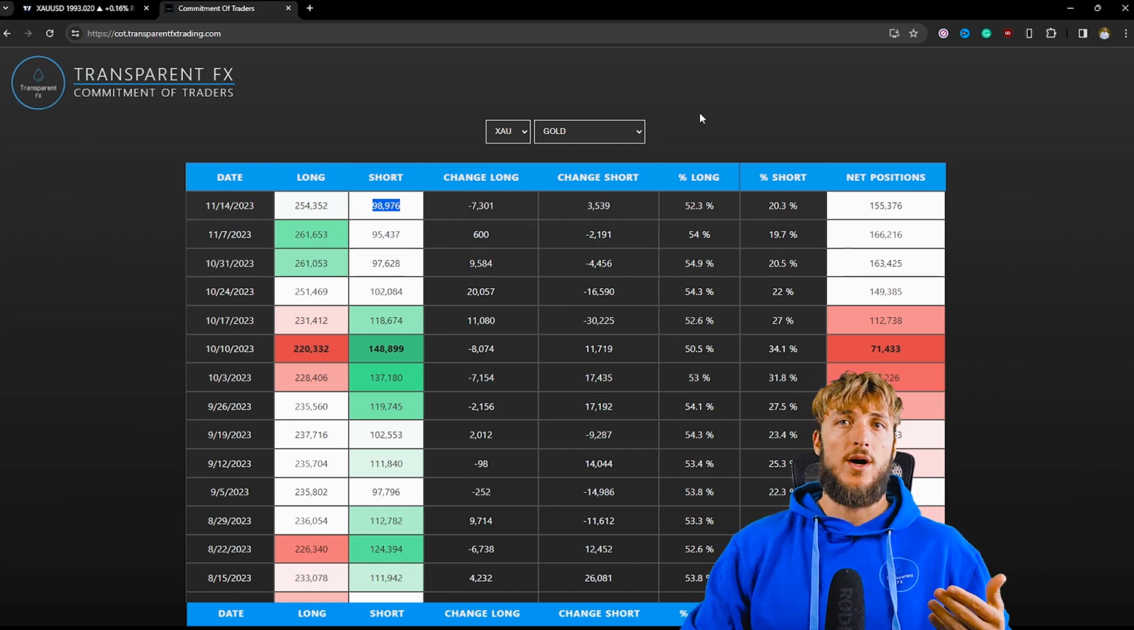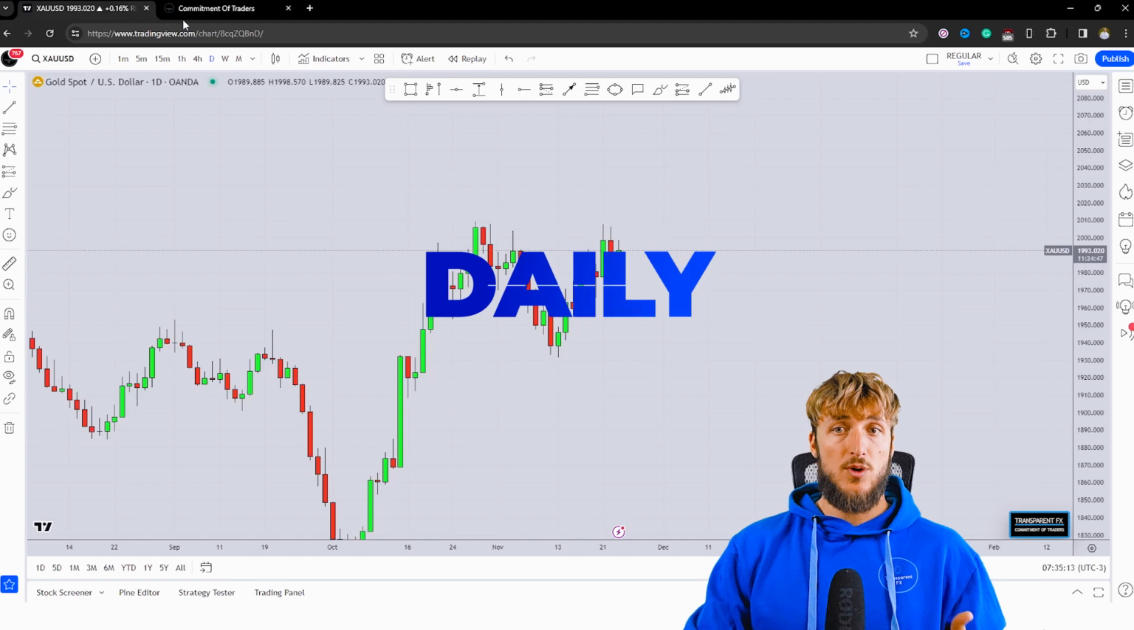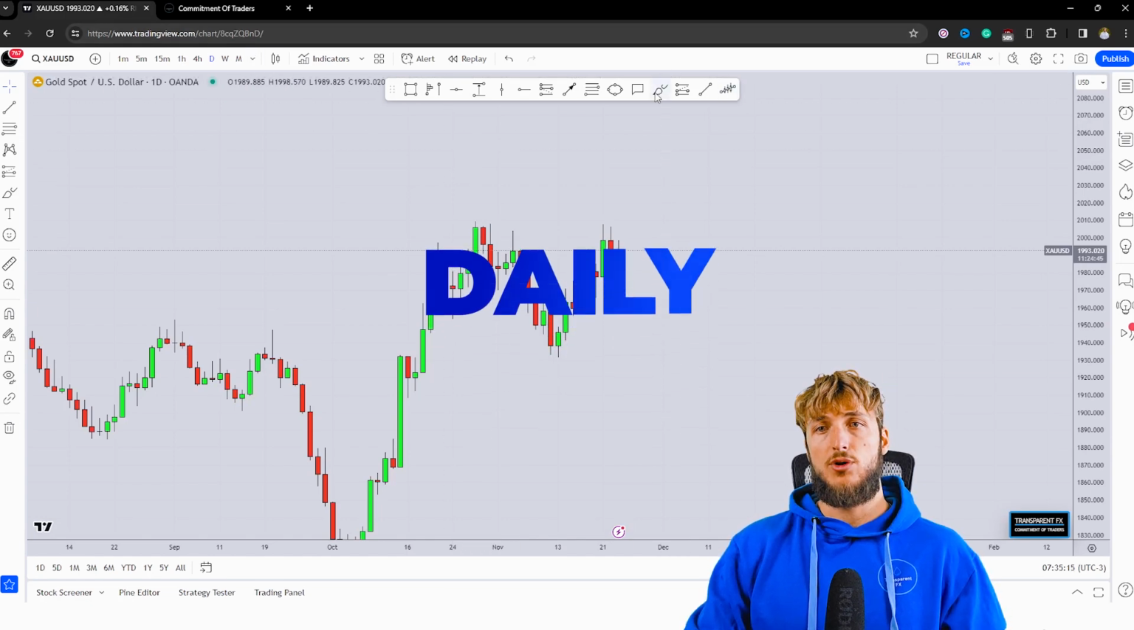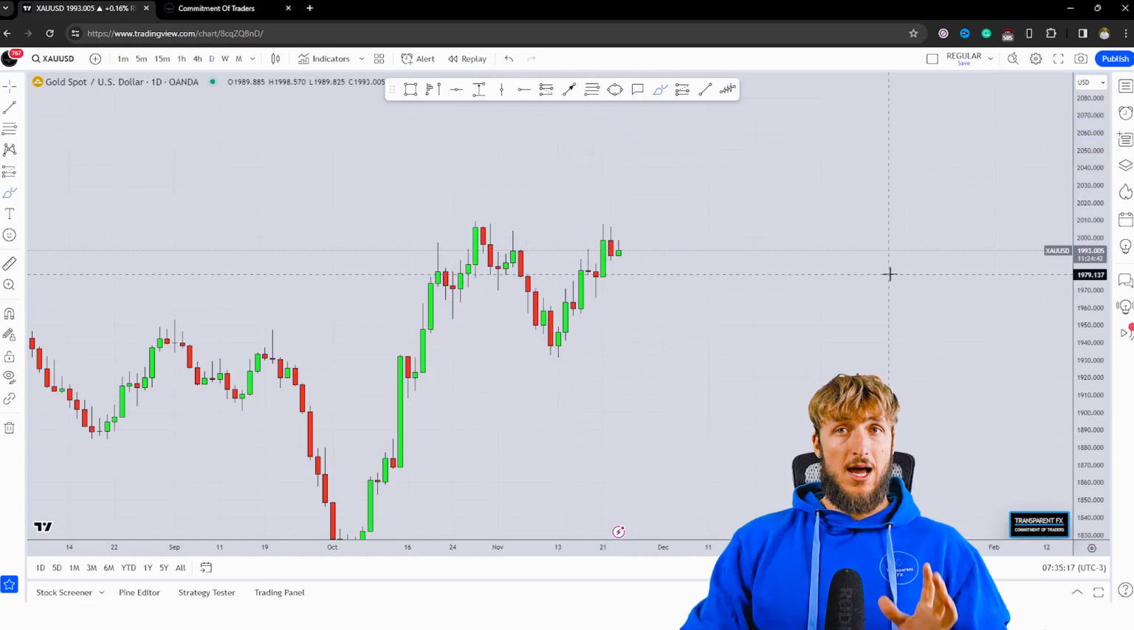Now, this is obviously quite bullish for gold, and we could expect more institutional longing pushing the price higher. However,